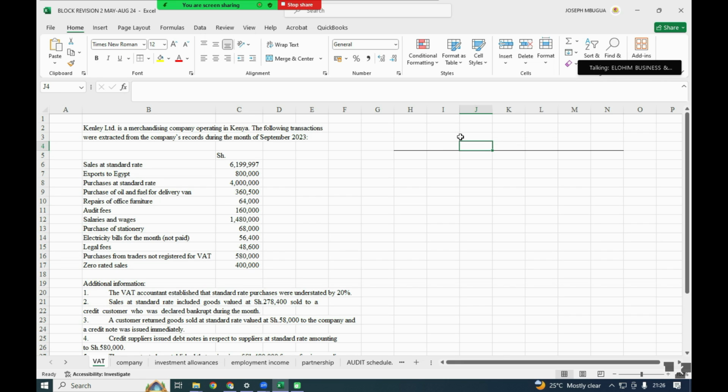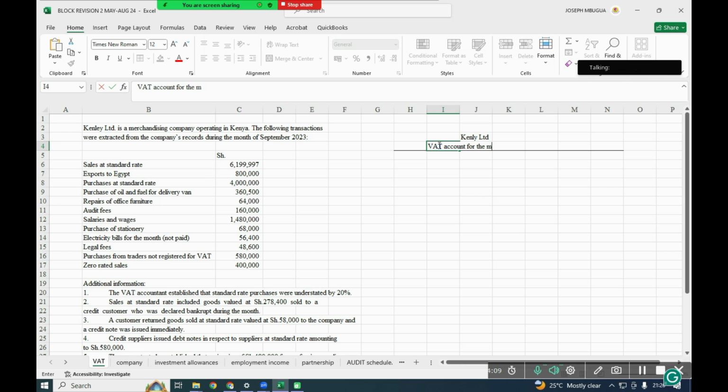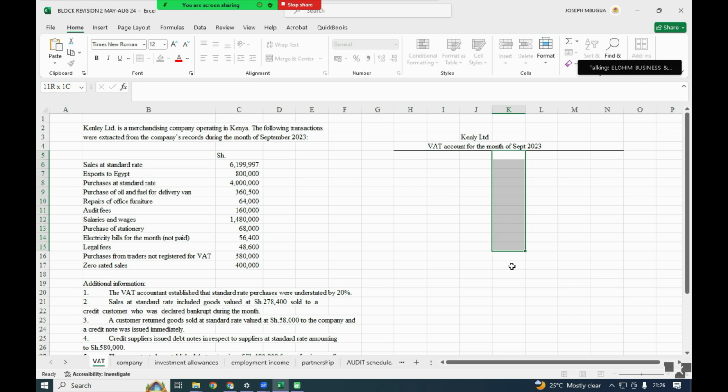So this is Kenley Limited, VAT account, for the month of September 2023, and we shall have